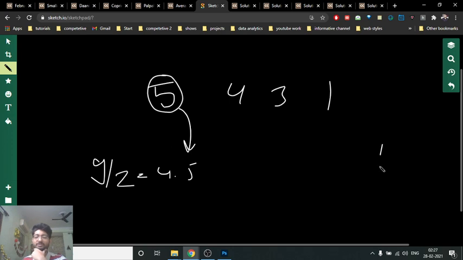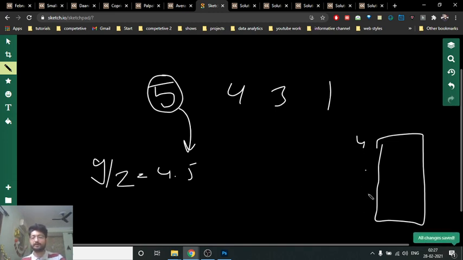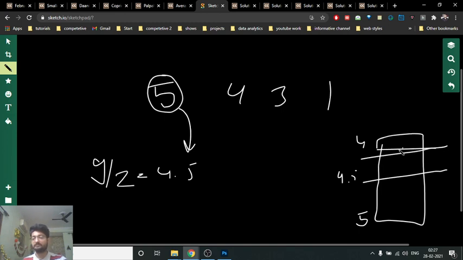You can always assume that you have some number, which is, as you can see, this is 5, or you can assume that this is 4 and this is 5. You can assume this to be a staircase. Now if you find out the middle, it is always 4.5. If you again find out the middle, it's like this. Okay, it's like this. So you can get as close as you want to the smaller number.